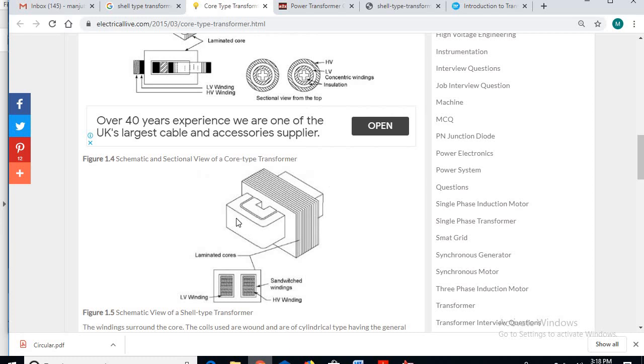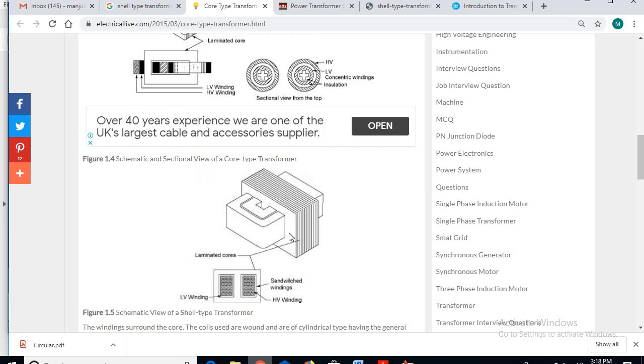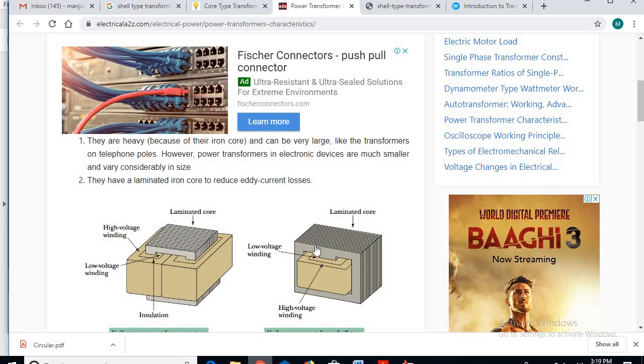So here are the windings. The windings we need not worry about, because no winding dimensions have been given. Only the depth has been given. If I see the depth from the plan, that is the cut section part. If I cut this, I can see the outer leg, the center leg, and the outer leg on this side. The depth is 250 mm. So here also you can see this is the depth of the transformer.